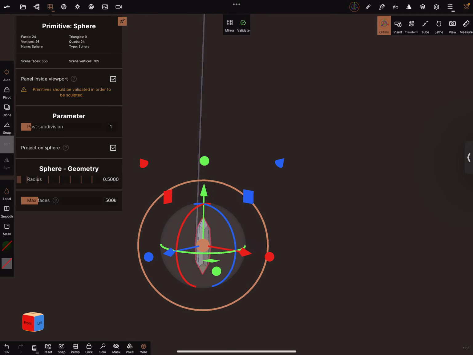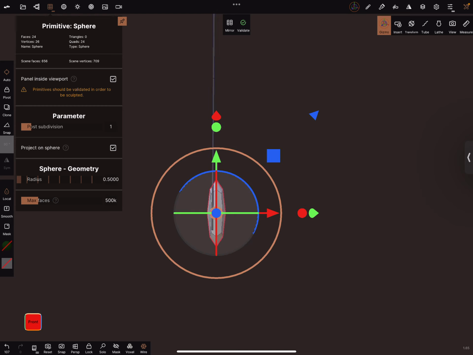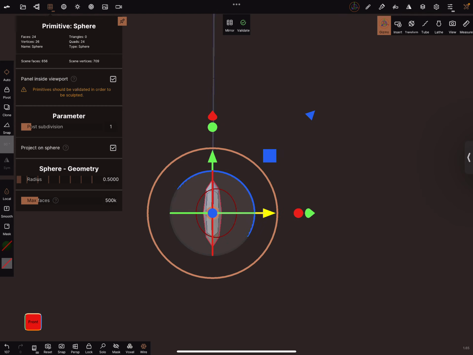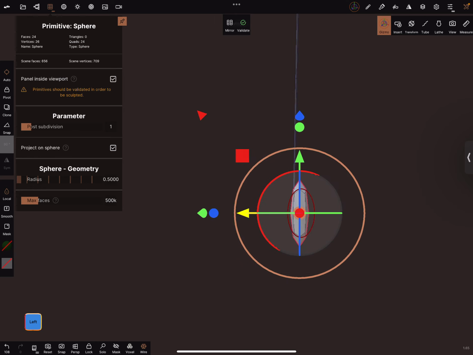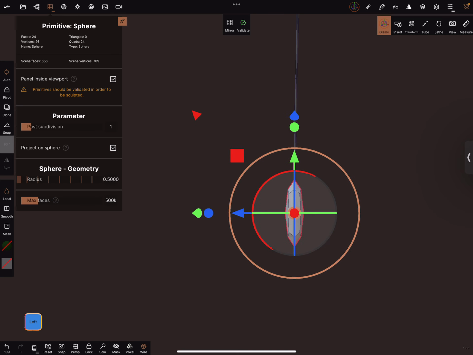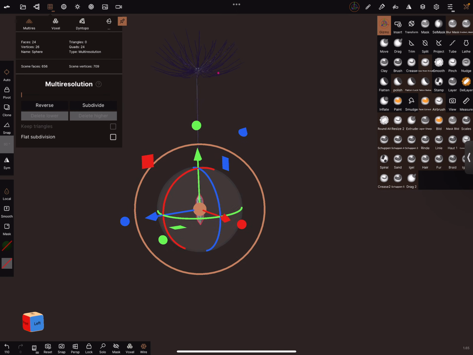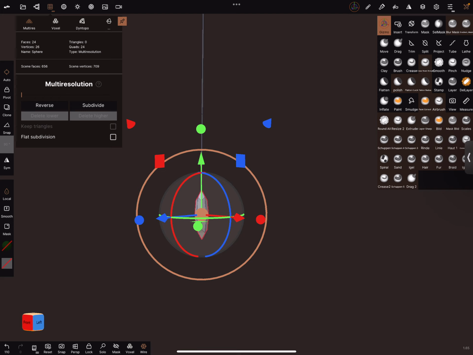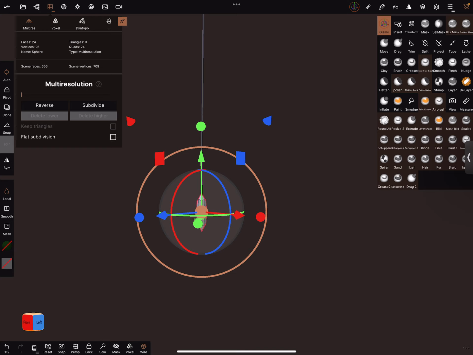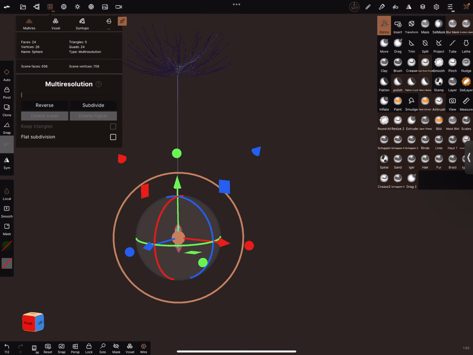So front view, bring it in position. Left view, position, and validate the object. We can scale it a little bit. Yeah, okay, I think it's okay.